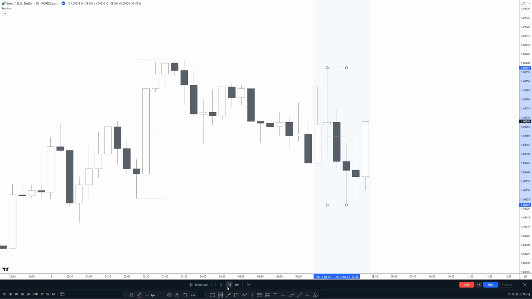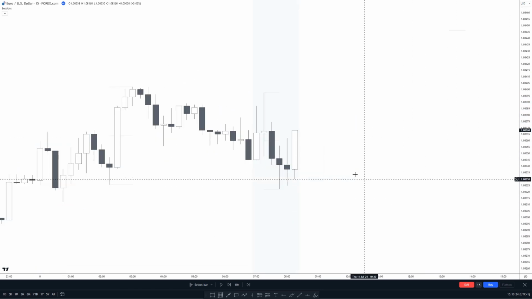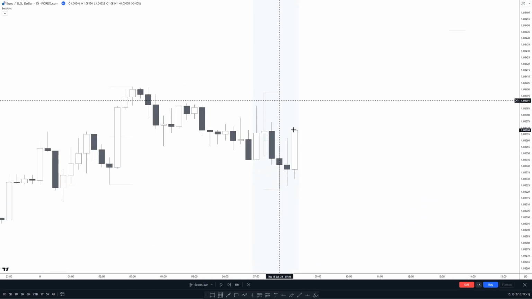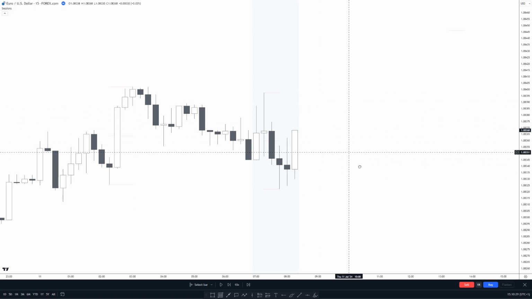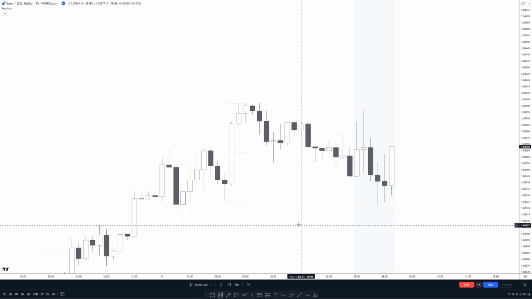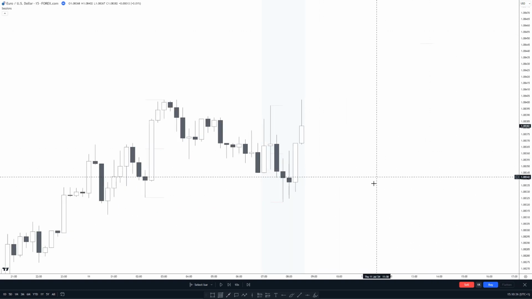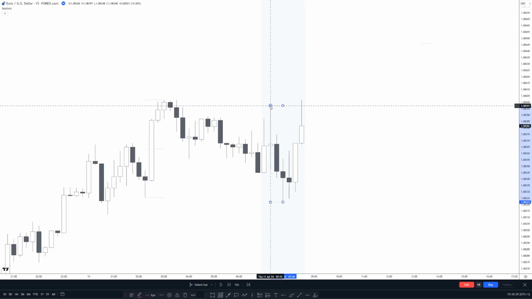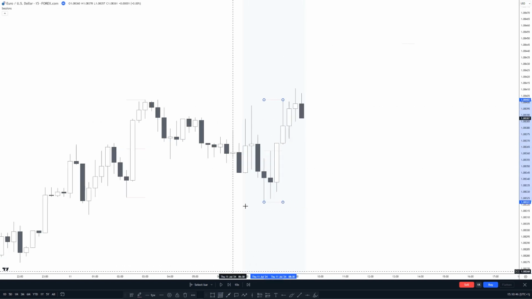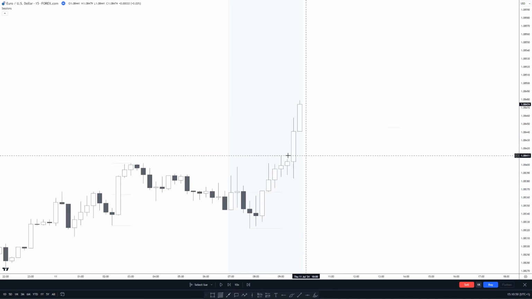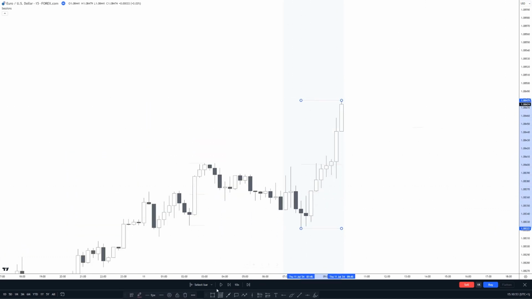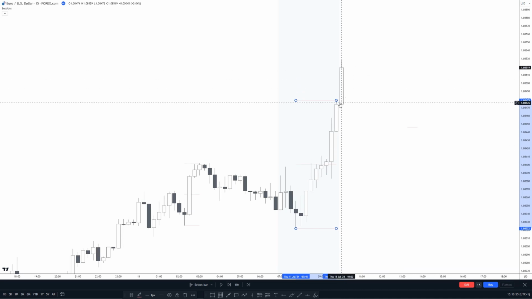Still hasn't cemented the low, and now it has. Now I could be looking at shorts from here if there was a valid setup. No, it has continued long from there and taken out this bearish leg, and now we have a new bullish leg of price. It's continuing, and it's just continued to shoot up, as you can see,